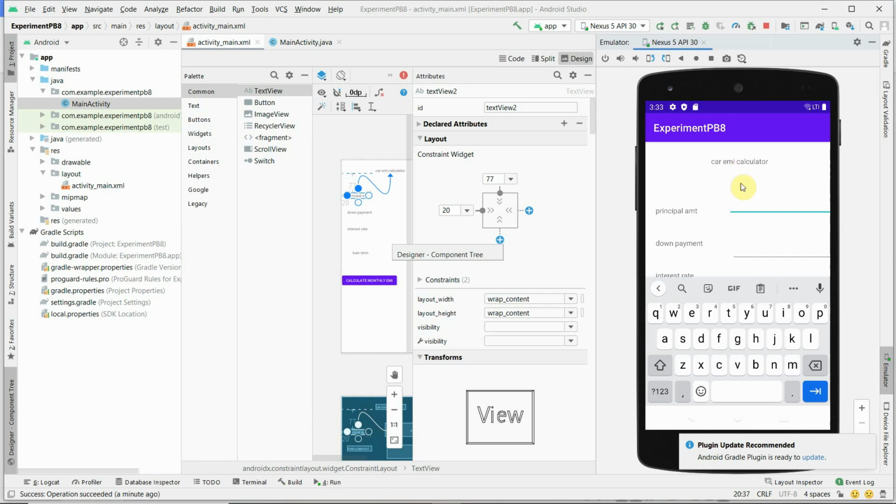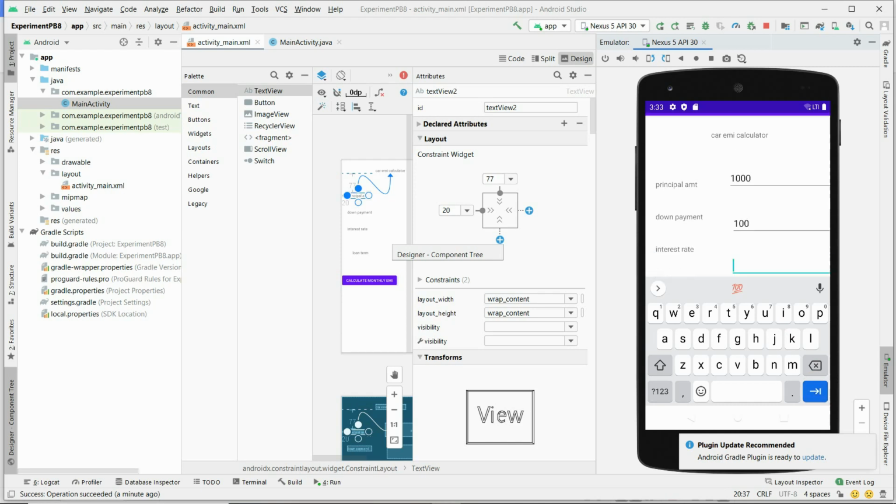We can see the emulator here of experiment part B8, and it is asking us to enter the principal amount. We enter 1000 as principal amount at the beginning, and down payment we enter 100. Okay, if you want to go to the next user interface, click on this. It allows you to type interest rate as 10%.